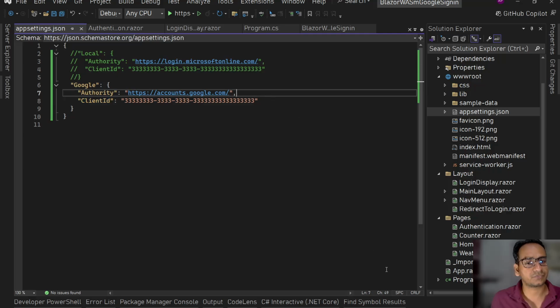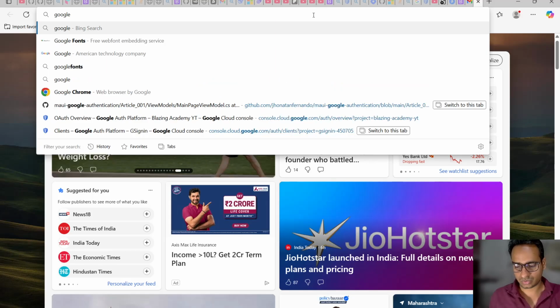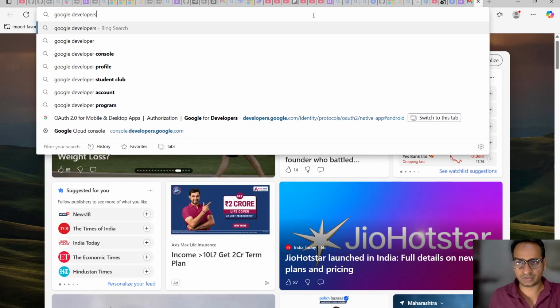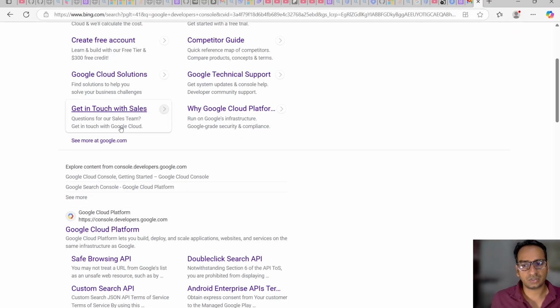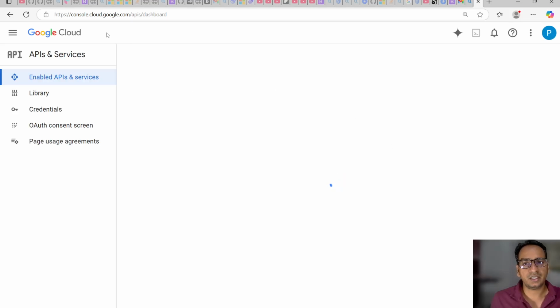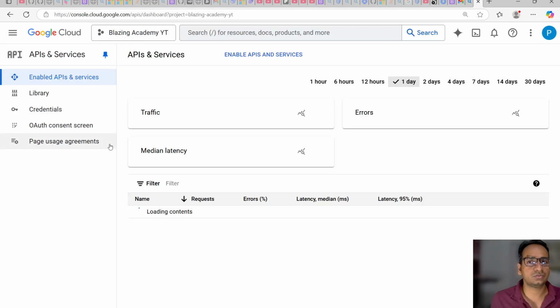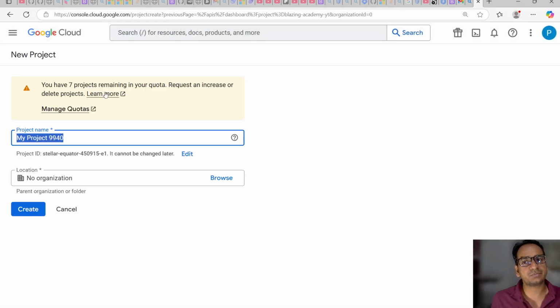the client id. Okay, we'll go to the browser and here let's search for Google Developers Console. We'll go to Google Developers Console, Cloud, Google Cloud Platform, console.developers.google.com. Let's go here. Here we need to create a new project using some other project. So let's create a new project. New project. The name is up to you. You can name it whatever you want. For me, let's use Blazor WASM or